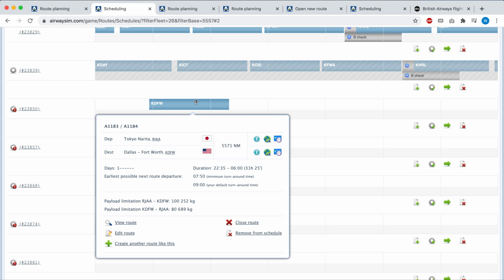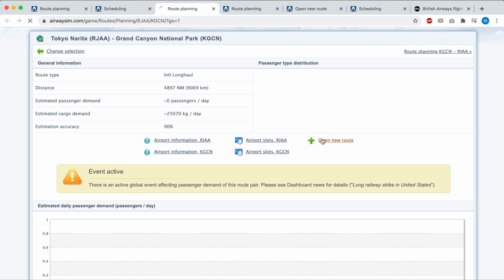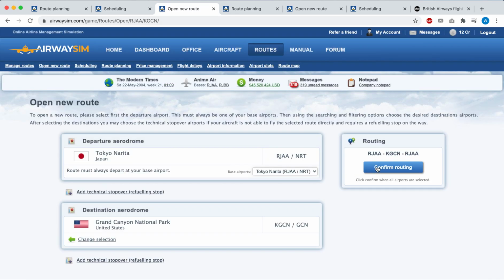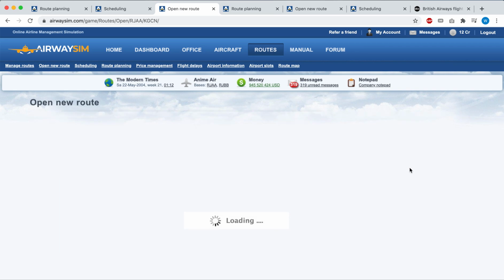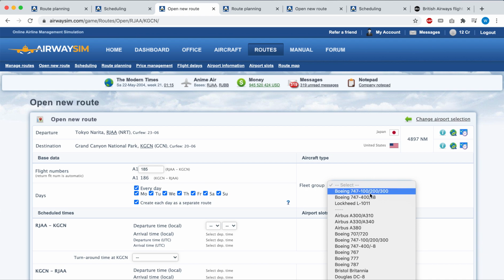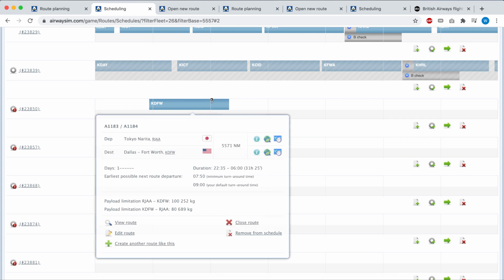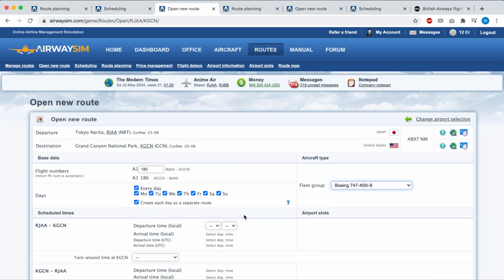Actually, I had a change of mind. All right, that's why I kept stuttering, because I had a thought. What I was going to do originally was replace my older 747s with these newer generation 747-400s. But then I had a thought, and I was like, wait a minute. Most of my flights